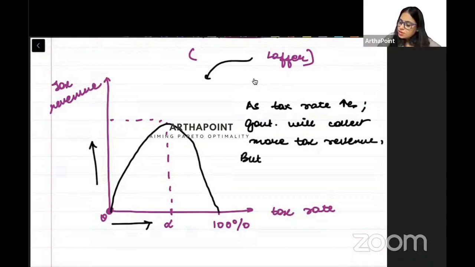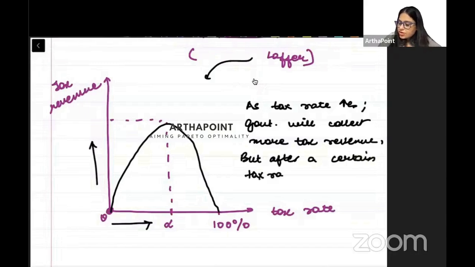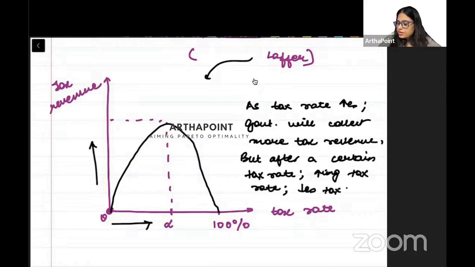But after a certain tax rate, increasing tax rate decreases tax revenue. So if I keep increasing the tax rate, tax revenue will decrease. Clear? So this is your theory, beta. This is the third way in which we can go ahead and we can show